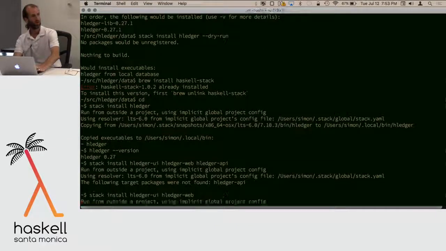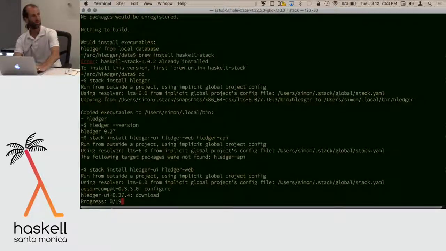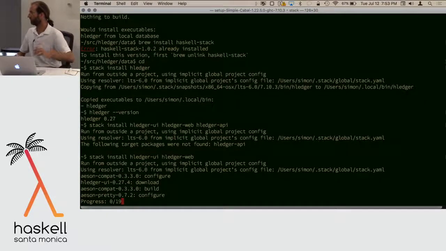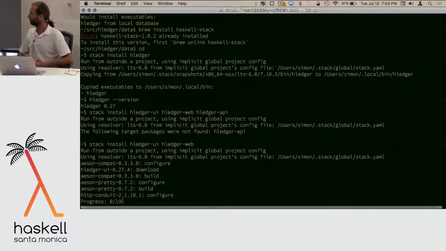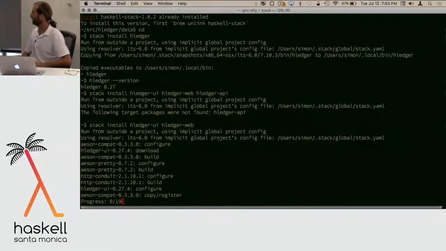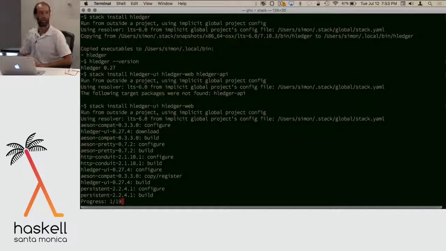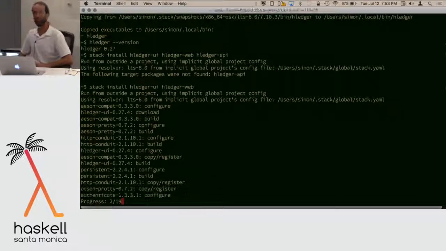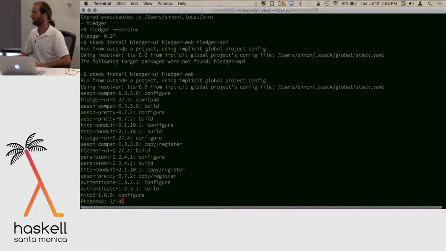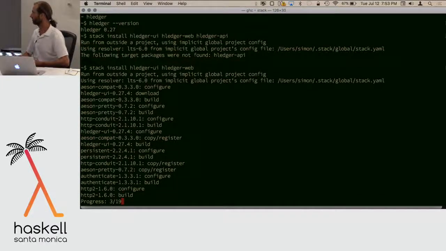Okay, skip that one. If you're doing this for the first time, as a first-time Stack user, this could heat up your CPU and run for 15 minutes or so, because it's installing a lot of stuff. Maybe longer, depending on your machine. But it's something you can walk away from, and it'll basically pretty much work, which is great. You can rely on it being repeatable, which is awesome. So while that's happening,